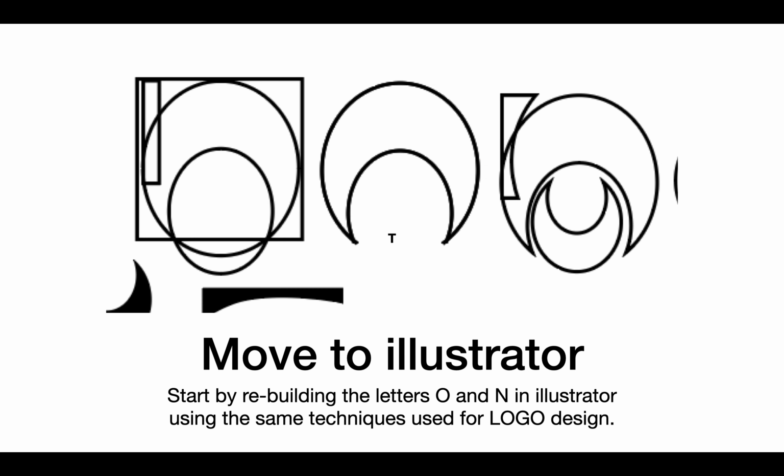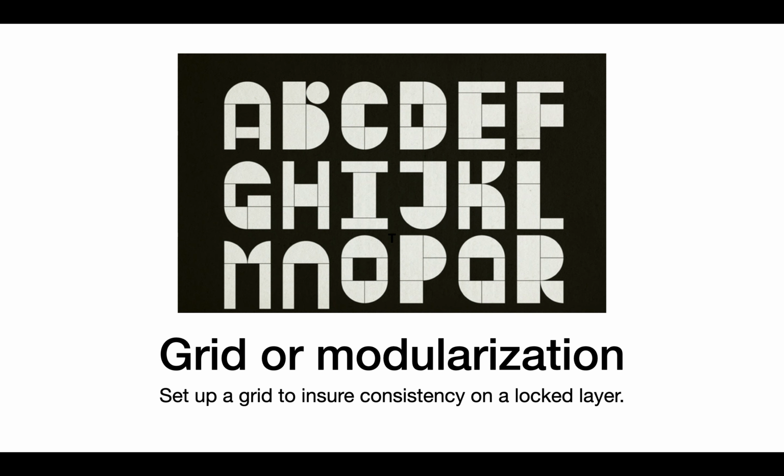Then the next thing you're going to do after you're pretty solid, you've got an idea for a font, is you're going to move to Illustrator. And I'll show you that in a second. But this is me playing with some of the basic shapes that I'm going to be using over and over again for the font. In Illustrator, it's really good to either grid things in a locked layer or modularize them